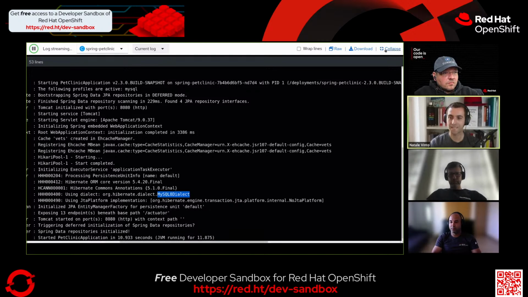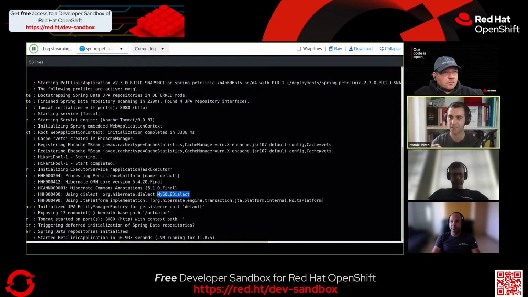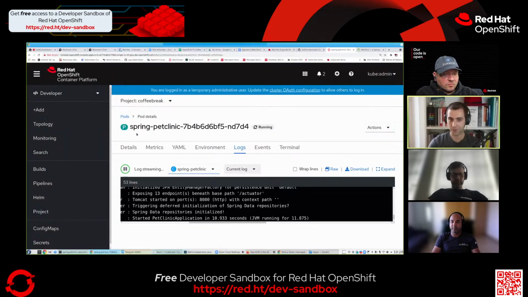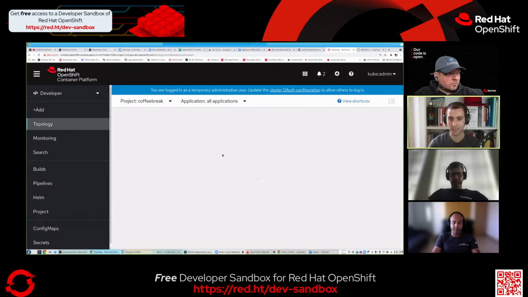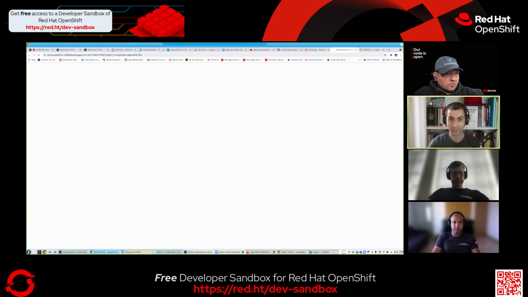That's an amazing point, Jafar. With the service binding operator, we have the capability to auto-connect. I don't need to inject the environment variable, it takes care of it. As a developer, I can just drag and drop my line, and it's going to be done automatically. To enable it, and we see here, MySQL has been loaded, and my pet clinic application is up and running